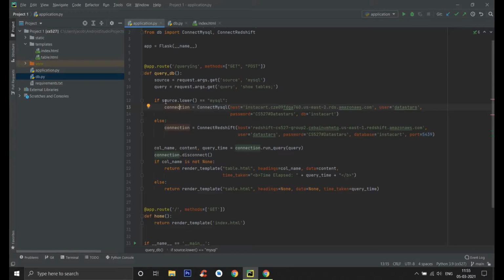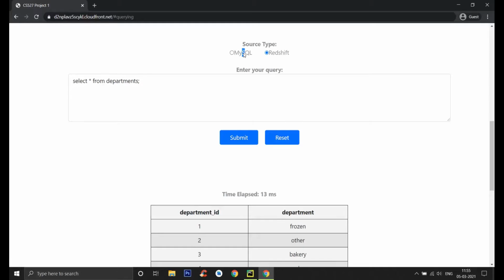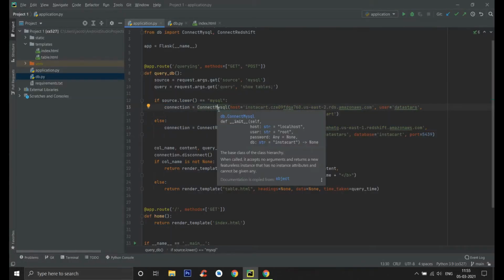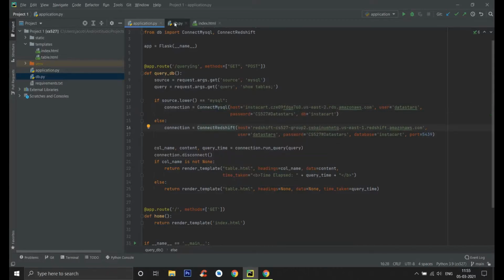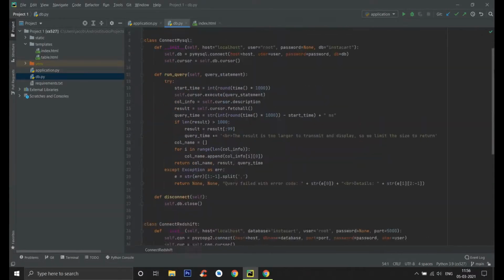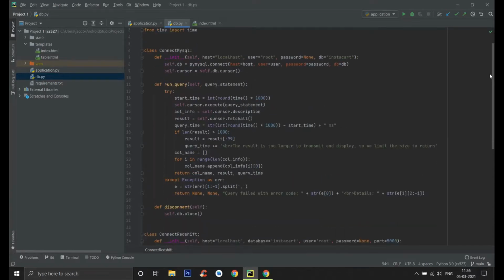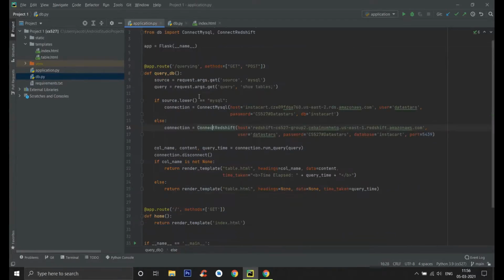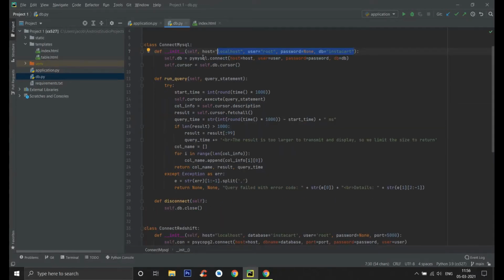Once we get that, we look at what type of source we are dealing with here, MySQL or Redshift, because we had two options, right? Based on that, it calls its corresponding function. Connect MySQL and connect Redshift are two functions that we had defined in this particular db.py file. Let's go over this for a minute. It follows the same pattern. First you get the connection. If you're not passing anything, it's going to automatically look at localhost, these connections that I have given here. But if you are passing something in, like we are here, then it will connect to that particular host, username